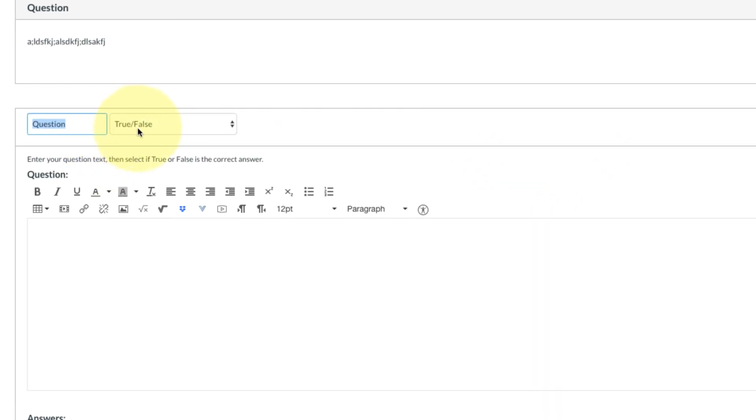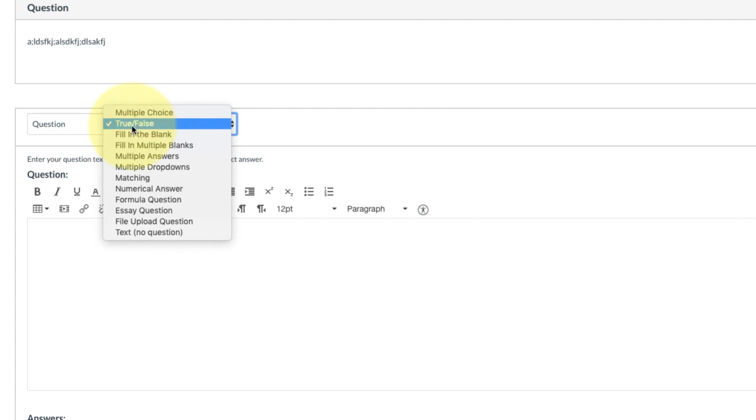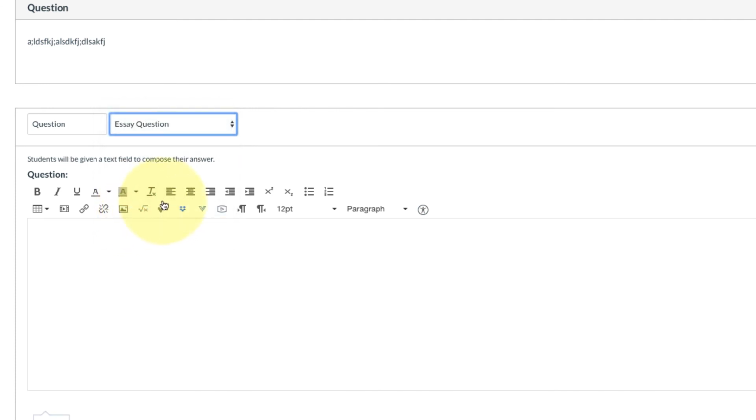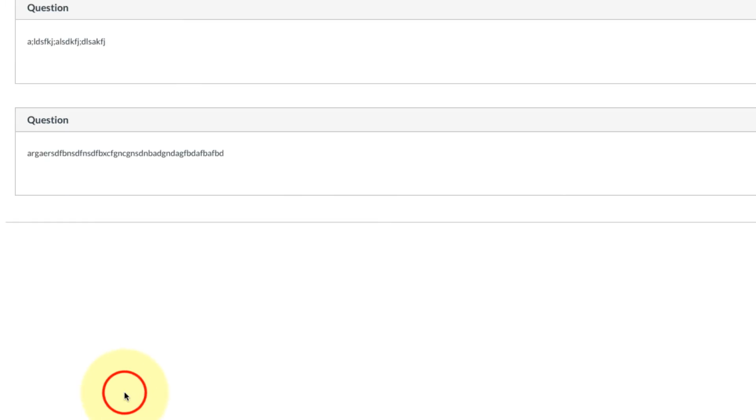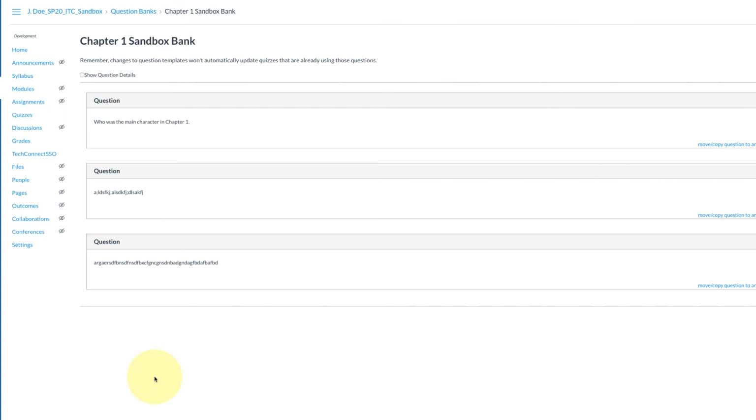And this one, I'm going to click on the box, and this is going to be an essay question. You'll see you have a lot of different options here you can play around with in your sandbox, but I'm going to do an essay question. And this is where you would type your instructions, and then down at the bottom you click Update Question. You'll notice there's no distractors because it's an essay question. They'll get a text box that they can write into. So there's our 3 questions in our bank,